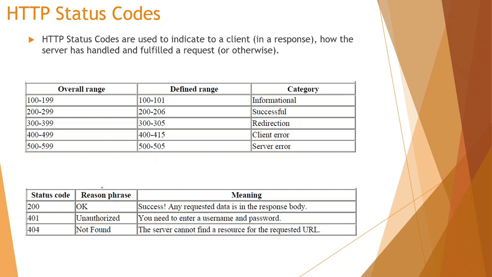So let's discuss HTTP status codes. When you are sending a request, with the help of the status code we can identify whether the request is fulfilled or not. There are certain HTTP status codes from which we can get some information. There are different ranges of HTTP codes. Let's discuss some general status codes, like 200. If you get a 200 code, it means okay, the result is successful and the request is fulfilled.